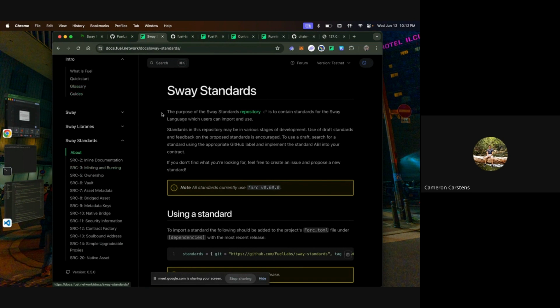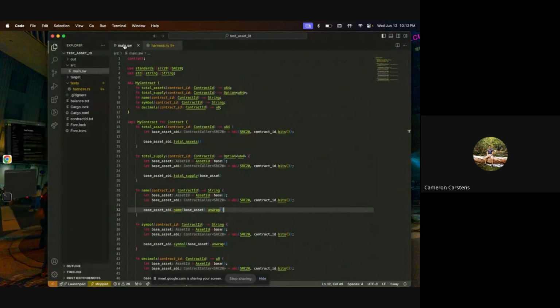Then I will go on to how a user can interact with a contract from the code level. So I've written a very basic contract here. Alejandro wants to talk here.